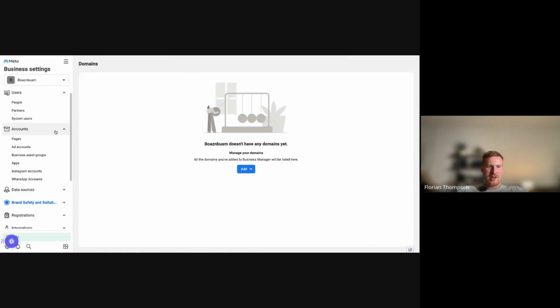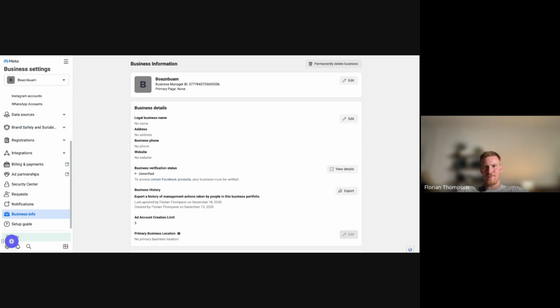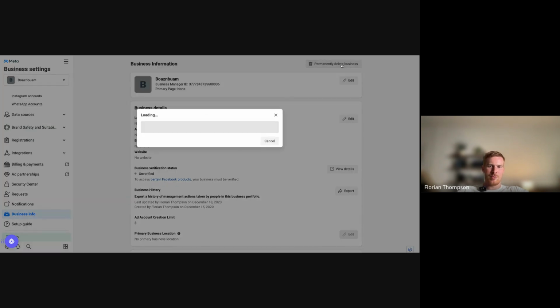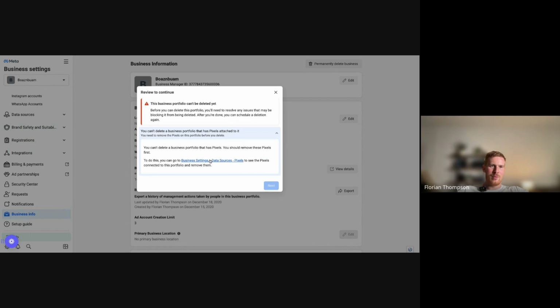And this is an old account I was using. Underneath here, there's business info, and then you can see permanently delete business. When you click it, it's probably going to give you a warning that you still have assets connected, because it has a pixel. And here's the funny part. When you click this,